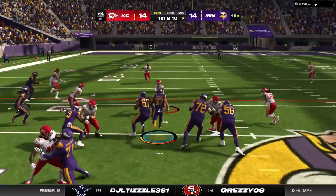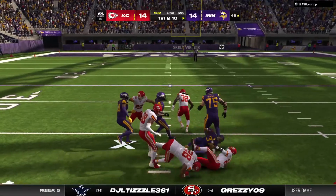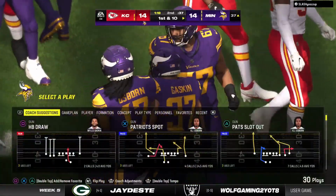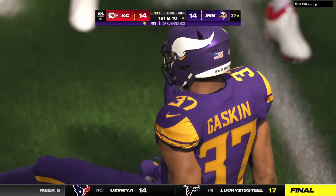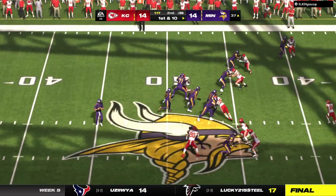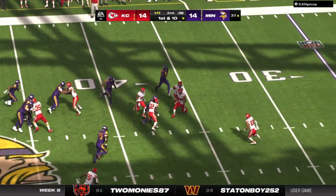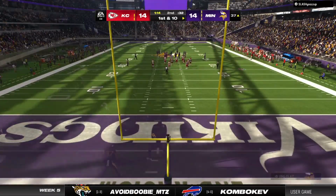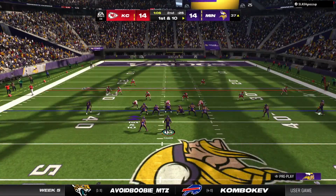On 1st down, back to Gaskin. Well, they nearly sprung him that time as he takes us all the way down to the 37. 12 more yards there and another 1st down. Consecutive plays now where that offensive line has really created a lot of space. And we've seen the confidence rise, haven't we? It borders on arrogance now, and that's that good arrogance,